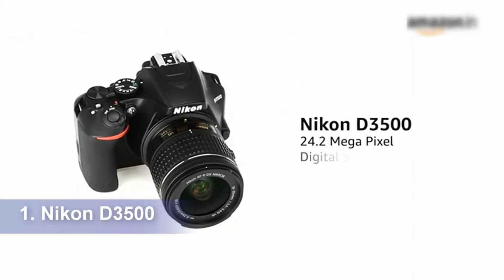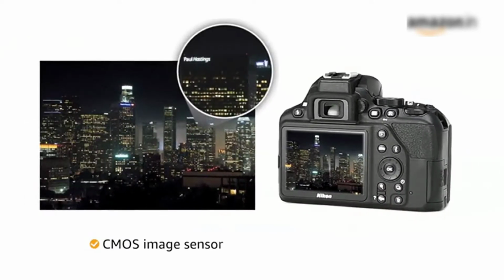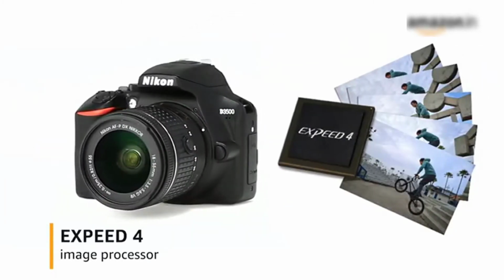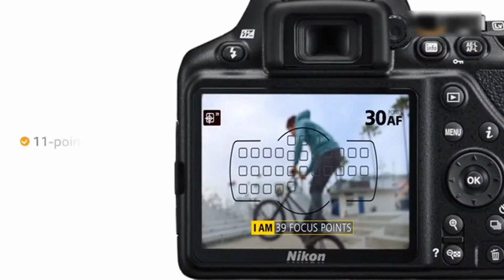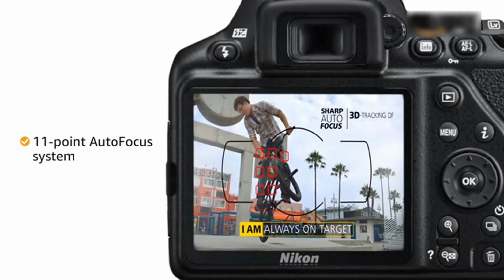Nikon D3500. The Nikon D3500 is the only DSLR in this list. Why? Well, these cameras, which differ from mirrorless rivals with their optical viewfinders, are slowly being phased out by many of the leading camera manufacturers in favor of more advanced mirrorless models. But if photography is your main pursuit and video specs really aren't important, the Nikon D3500 is a fantastic, low-budget